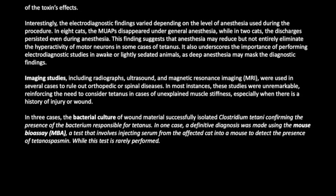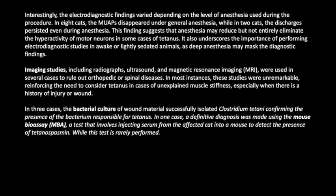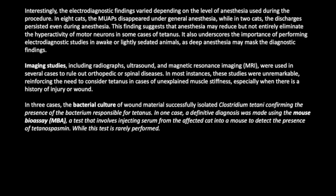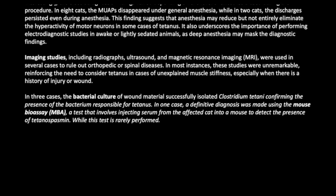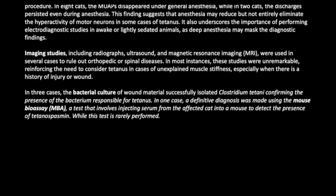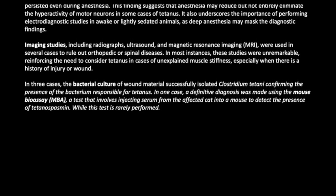In 3 cases, the bacterial culture of wound material successfully isolated Clostridium tetani, confirming the presence of the bacterium responsible for tetanus. In 1 case, a definitive diagnosis was made using the mouse bioassay (MBA), a test that involves injecting serum from the affected cat into a mouse to detect the presence of tetanospasmin. While this test is rarely performed,